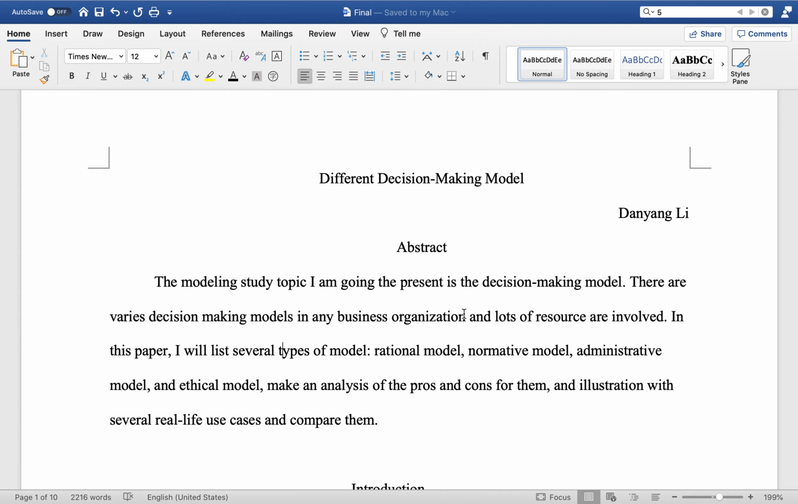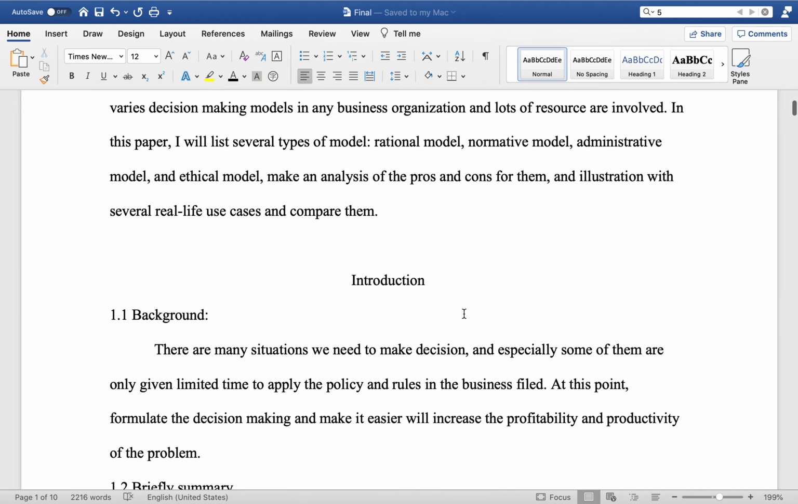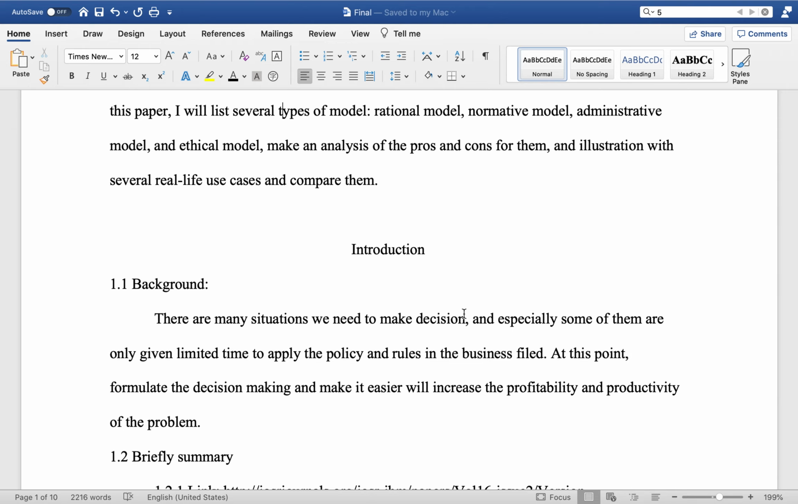They are rational model, normative model, administrative model, and ethical model. So I will make analysis of each of them and give an example with some real-life use cases and compare them. So the background of this modeling study is there are many situations we need to make decisions, and especially